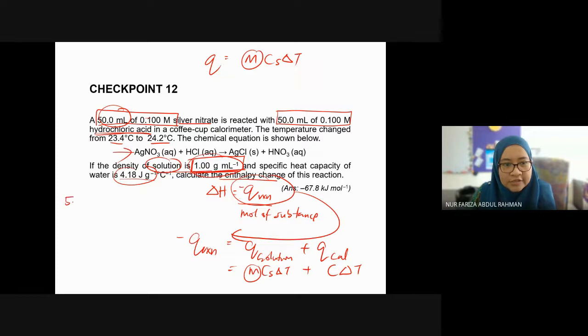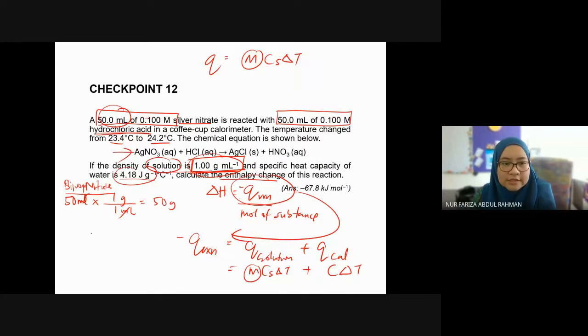So this is 50 mL, 50 mL. This is for HCl, and this is for silver nitrate. Please write using the chemical formula, AgNO3. At 50 mL, for the density given, 1 mL is equal to 1 gram. So we have 50 gram